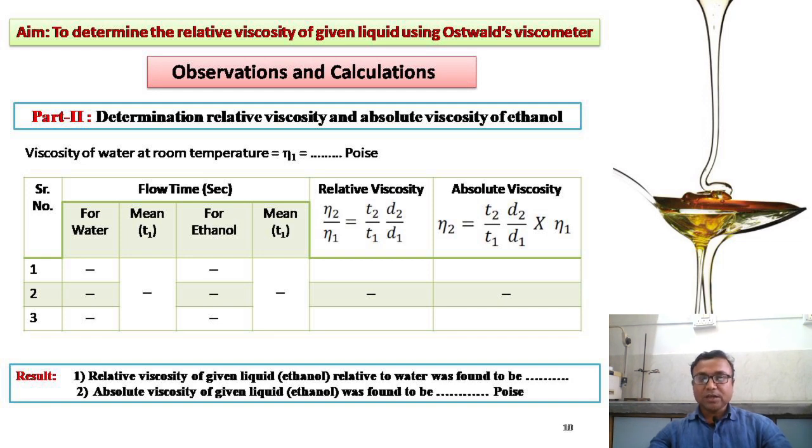So in this way you can easily perform the experiment. I request all the students to kindly read all the details of this experiment, that is the apparatus, procedure, theory of this particular experiment, observation, and how to perform the calculation, so that when you perform the practical in the laboratory it is easy to perform, and it is also useful for writing your record.